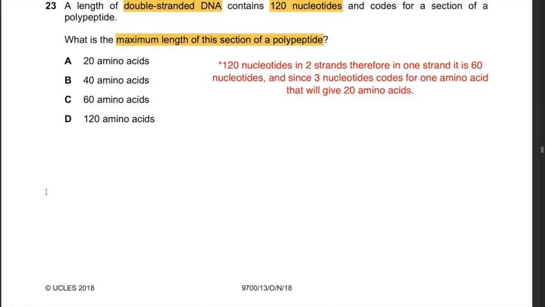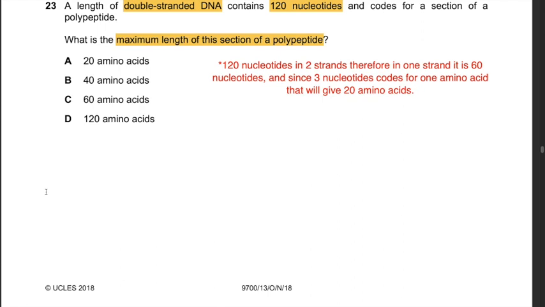Question 23. A length of double-stranded DNA contains 120 nucleotides and codes for a section of a polypeptide. What is the maximum length of this section of a polypeptide? When a double-stranded DNA is forming a polypeptide, it should be transcribed and translated. During transcription, the double-stranded DNA unwinds or unzips, forming 2 separate strands, and the transcription occurs only on 1 strand. Therefore, since they have given 120 nucleotides for double-stranded DNA, we have to consider 1 strand,